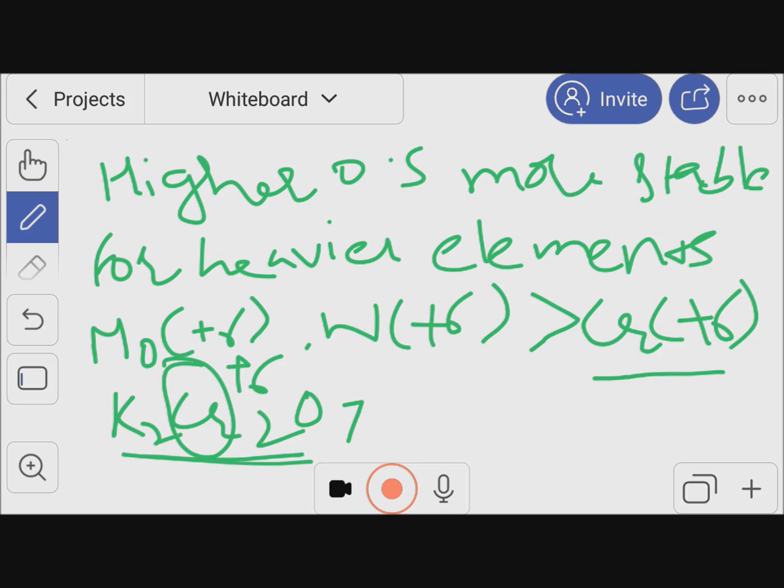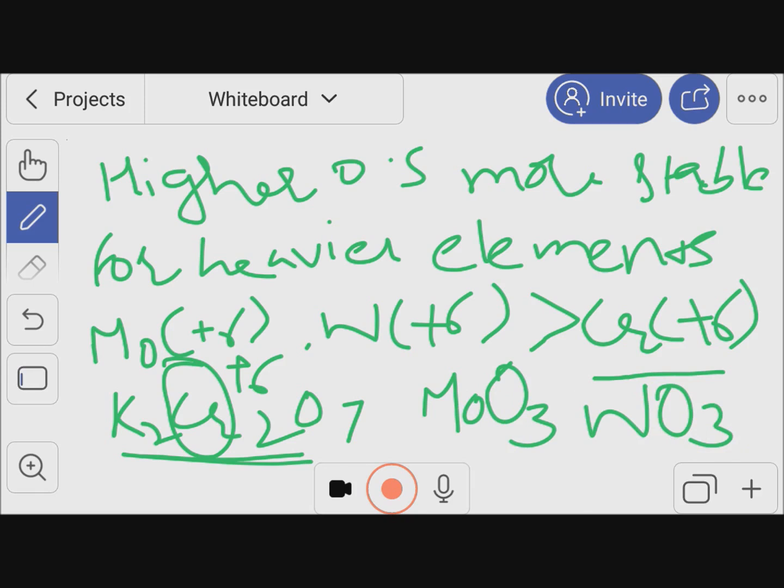Potassium dichromate is a stronger oxidizing agent in acidic medium than molybdenum trioxide and tungsten trioxide, which are mild